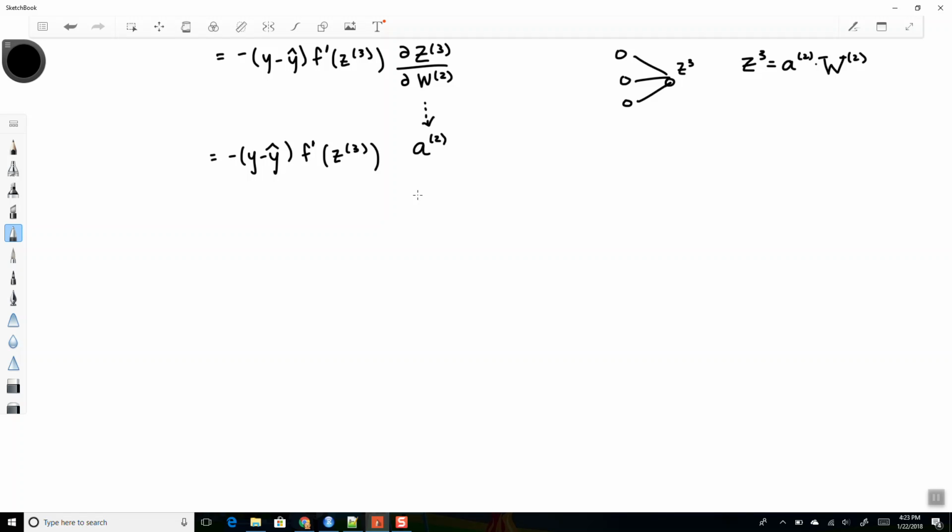Now if we take a look at the dimensions of this, we have a few things going on here. If we think of the vector y, it is n by 1. The vector y hat is n by 1. So these two together are n by 1. The vector z3 is also n by 1. So how can we multiply something that's n by 1 by n by 1? Well, we have to do